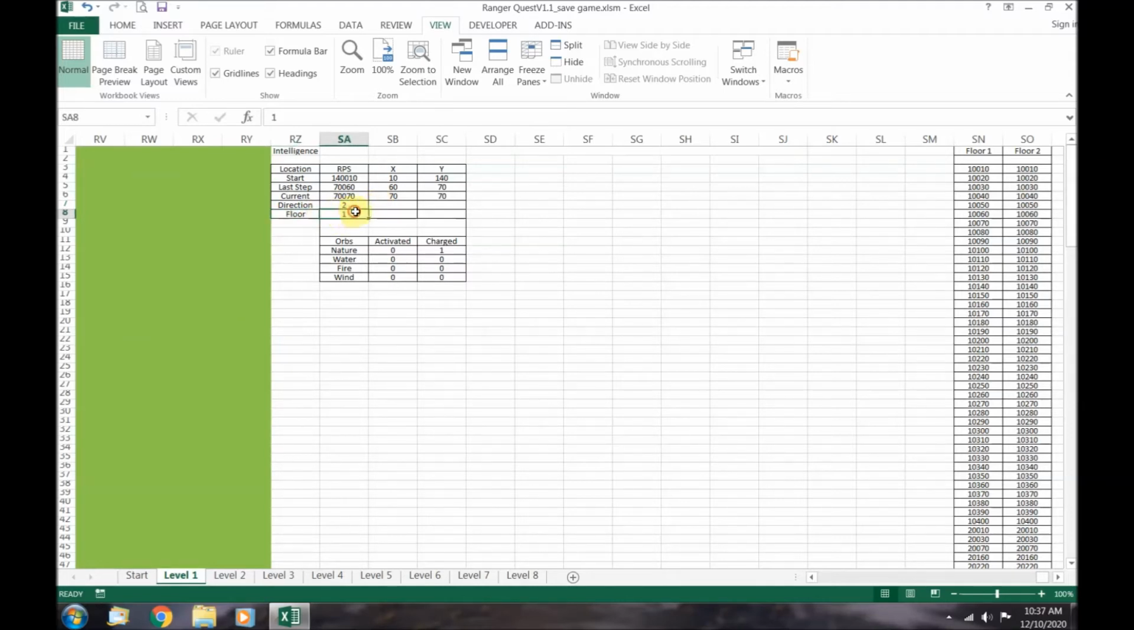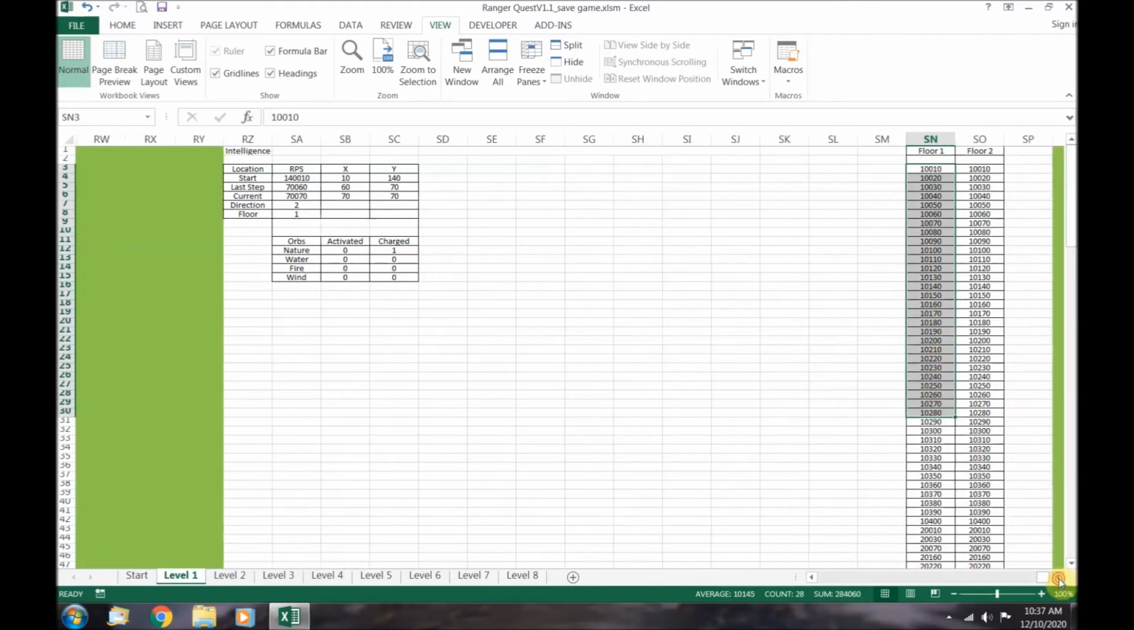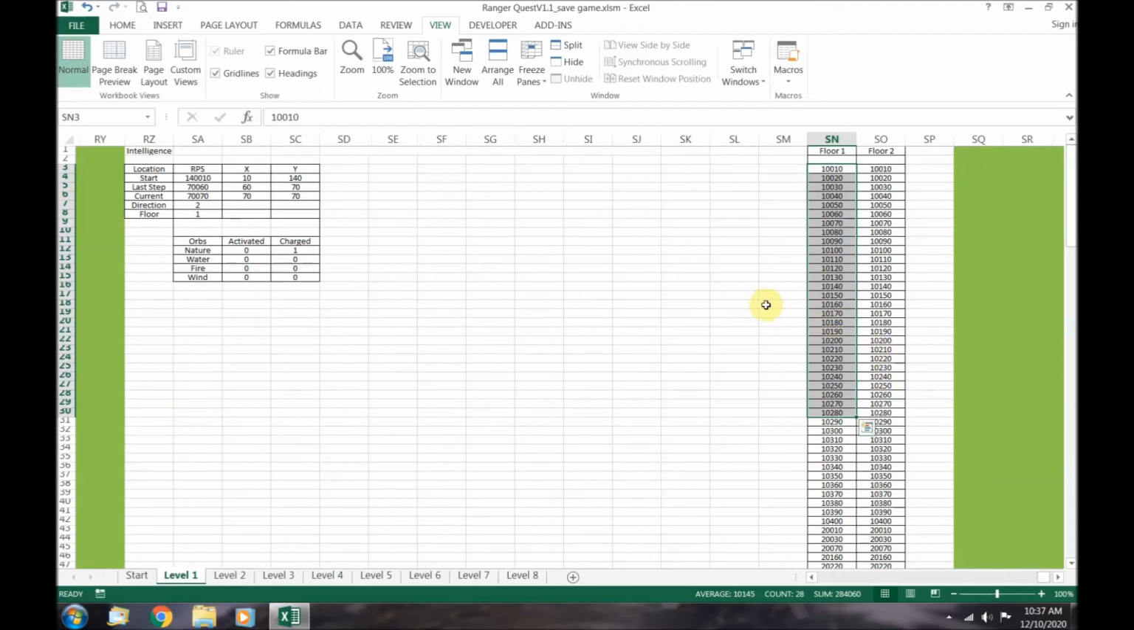Floor 1 identifies the starting layer when the nature shrines are deactivated, while floor 2 indicates we have activated the nature shrines. Related to floor numbers are these lists of numbers over here. These arrays identify every location of a wall on the corresponding floor level. The walls of the maze move, so a list of wall locations is required every time an elemental orb is